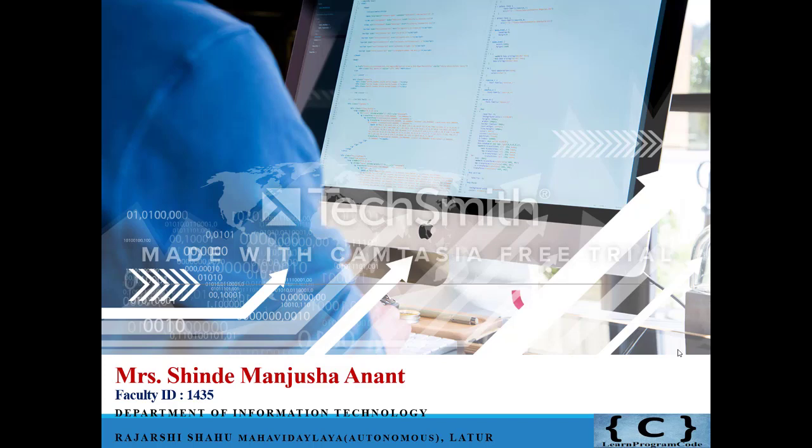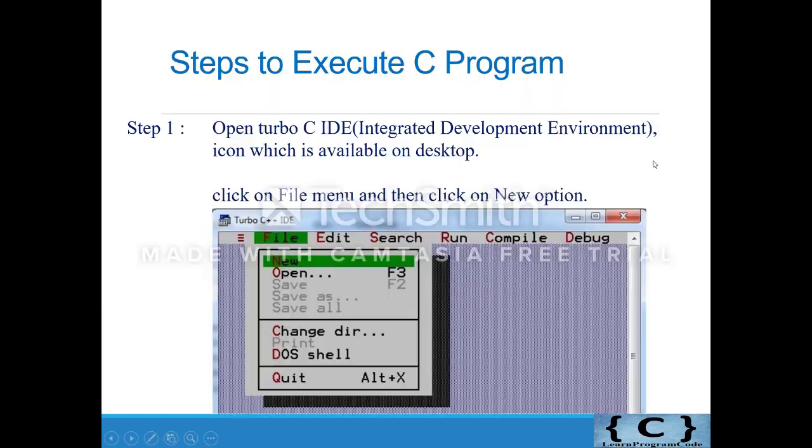If you want the basics of C language, go to our previous videos. In this video, we will learn how to write a basic C program and how to compile it and run it. So let us start: a simple first C program to print hello world as an output. Don't be confused, I will explain each and every line with its meaning.